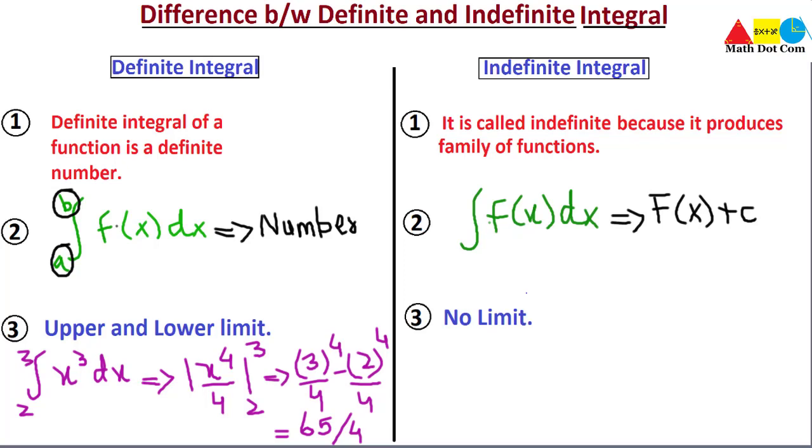Now what about the indefinite integral? In case of an indefinite integral, you will be given the function. Again, if I take simple x cubed dx and you have to find its indefinite integral, you will not be given any limit, and you just have to find its integral as x raised to power 4 divided by 4 plus c. This is an arbitrary constant, and you will have to add c in the integration of every indefinite integral. So this is how we differentiate the definite integral from the indefinite integral.